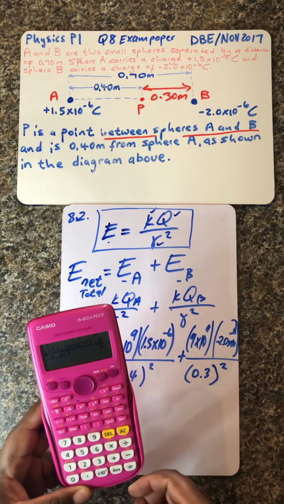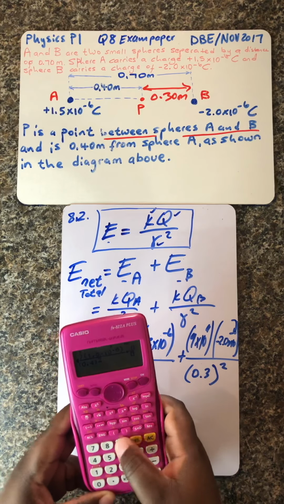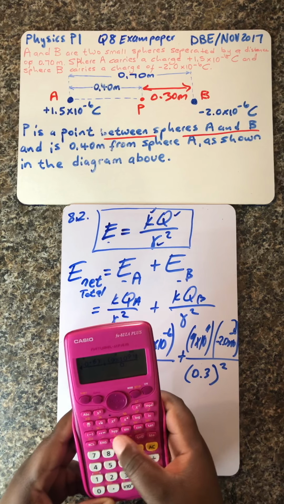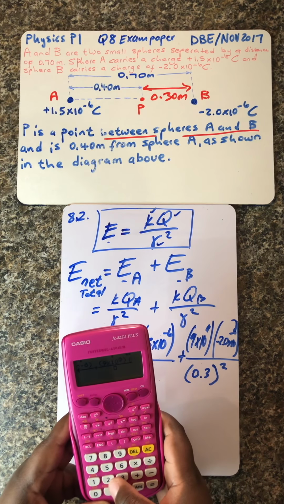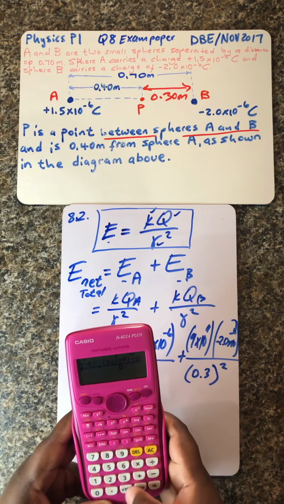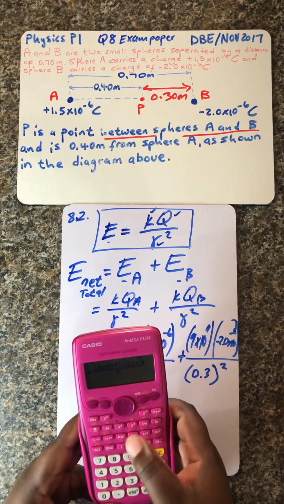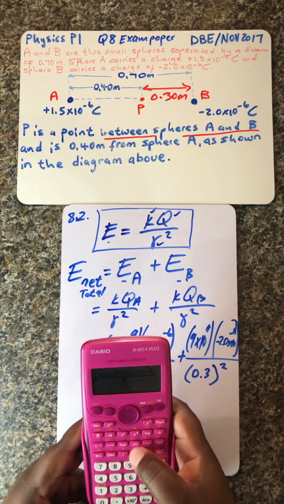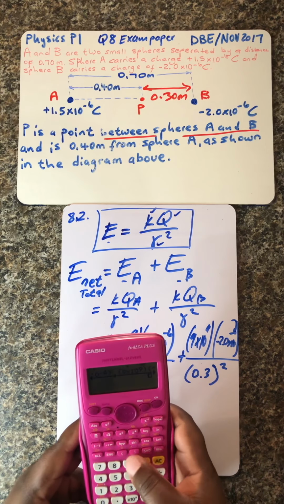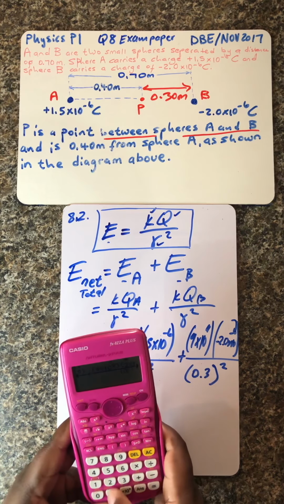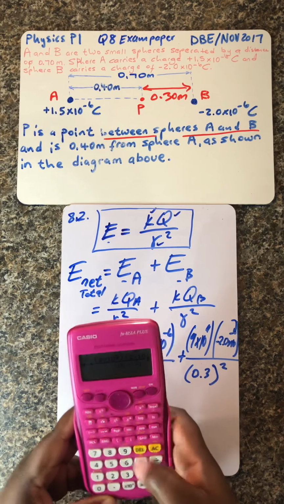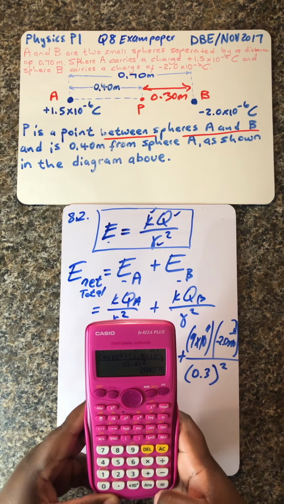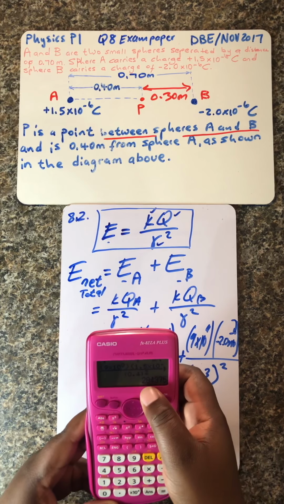Follow the same procedure. Start with the fraction button, you open 9 times 10 to the exponent 9, you close, you open, it's 2 times 10 to the exponent negative 6, you close, you go to the denominator side, you open 0.3, you close, and then you squared. Okay, so the answer that we get is